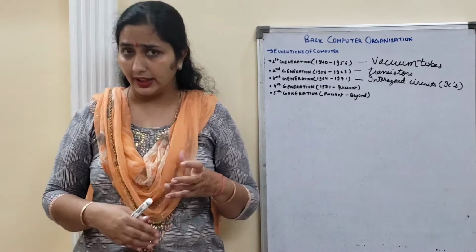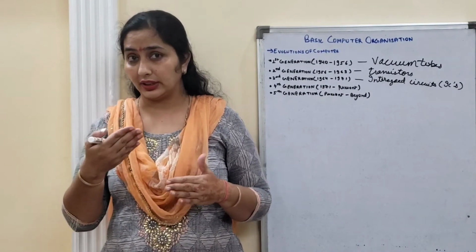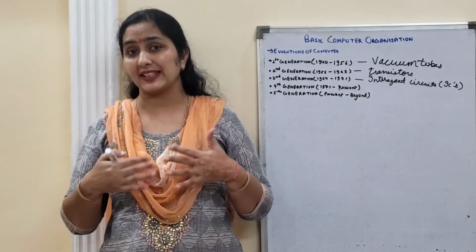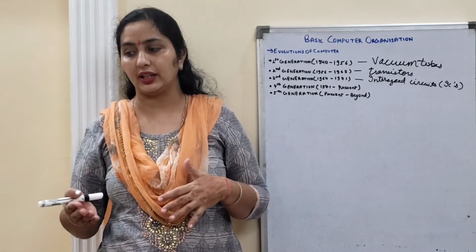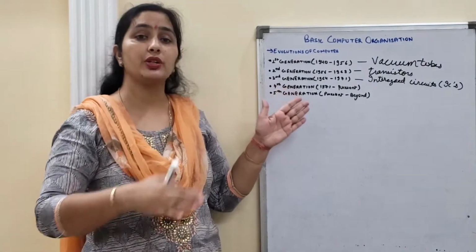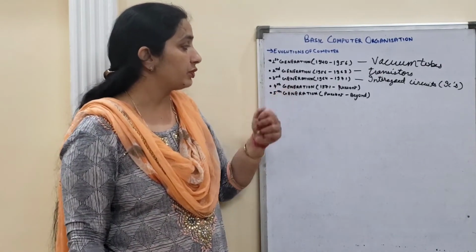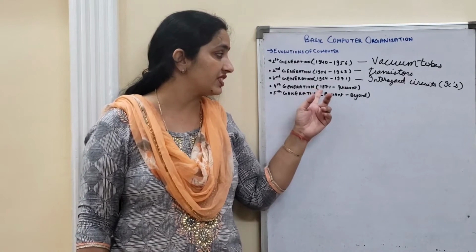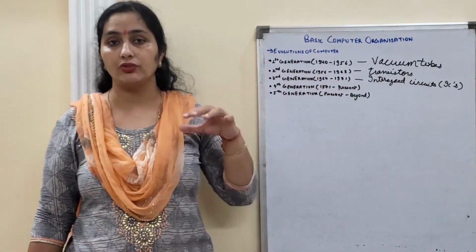So we can say that their reliability has been improved in third generation, a little bit cheaper as compared to the second generation, and the human labor which was required earlier, they all have assembled those kinds of programs in third generation, which reduces the use of labor in common things. Now next come to the fourth generation computer, which started in 1971 and we are using it until now.